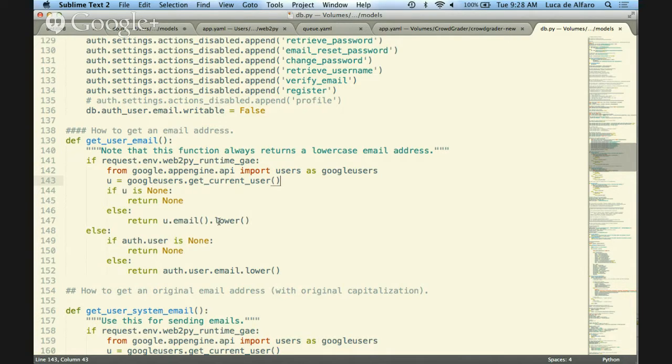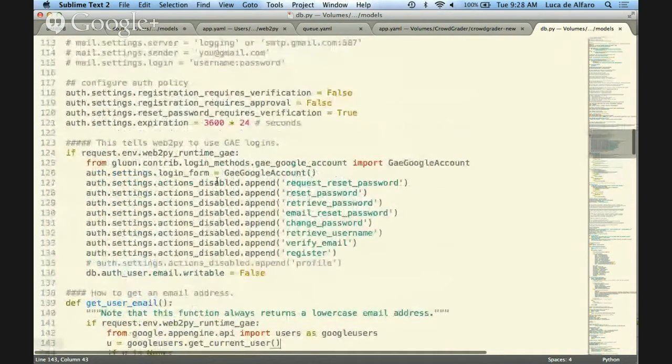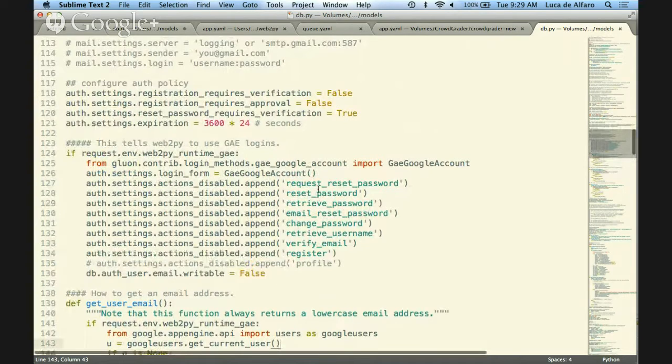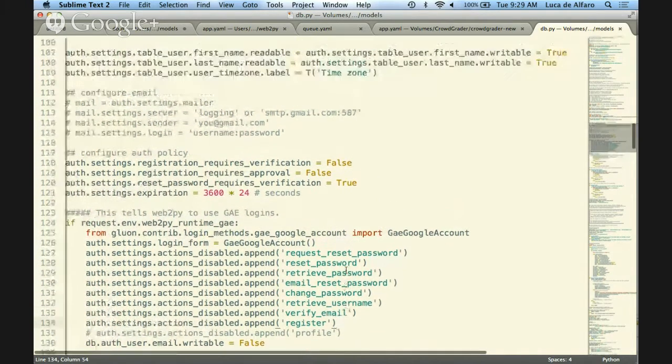Then after a while, you see in CrowdGrader, I disable some actions, like append email, verify email, etc. I disable reset password, change password, verify email. So I prevent you from registering, for instance, and I prevent you from changing email.